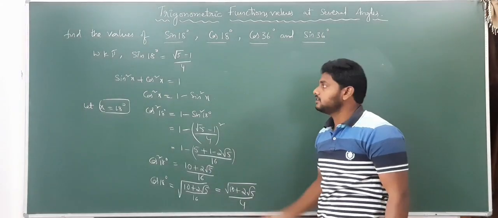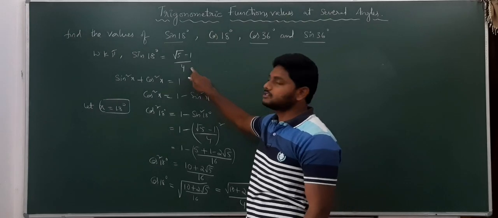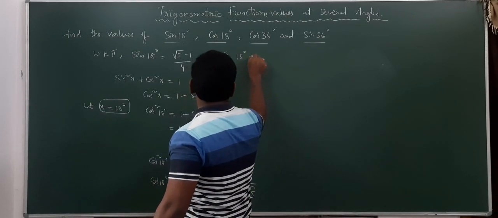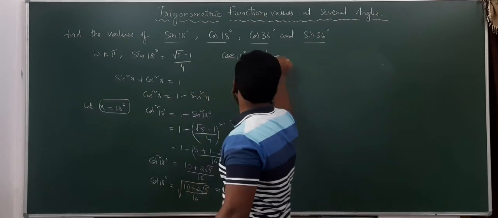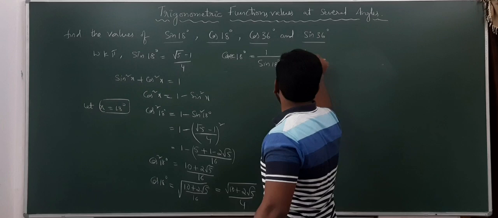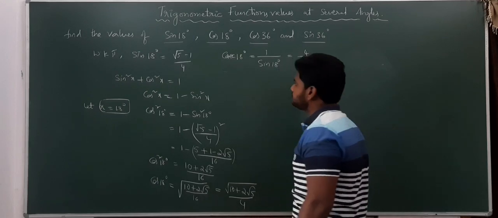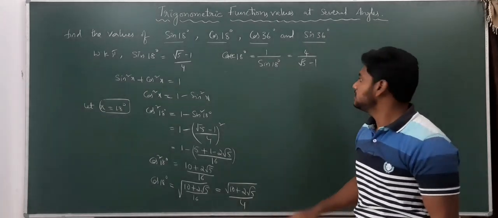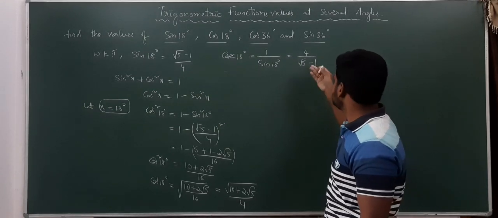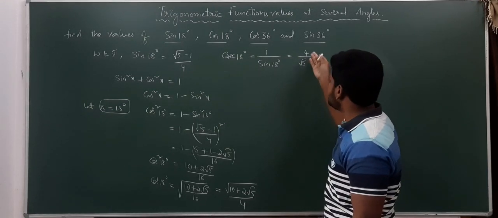So this is about sin 18 and cos 18; you can get tan 18. If this is sin 18, what is cosecant? For example, cosecant 18 degrees is nothing but 1 by sin 18 degrees. 1 by sin 18 is nothing but 4 by (root 5 minus 1). But this root we should not keep in the denominator. So what can you do? You can keep it like this also.